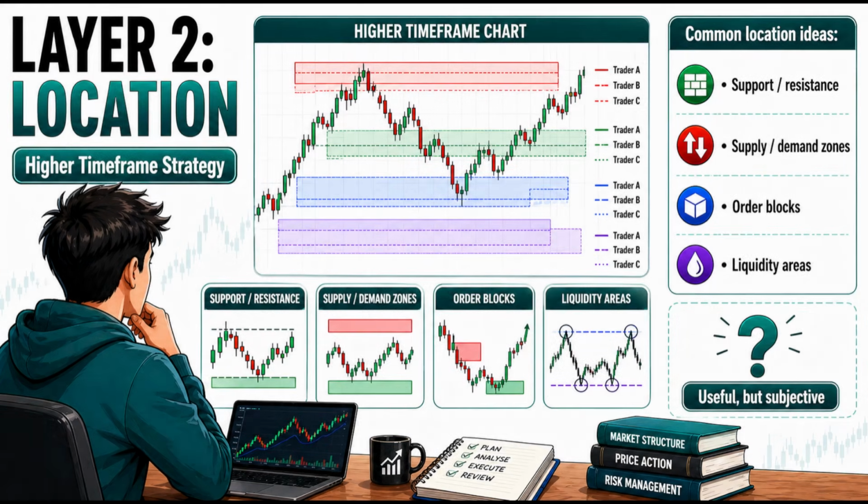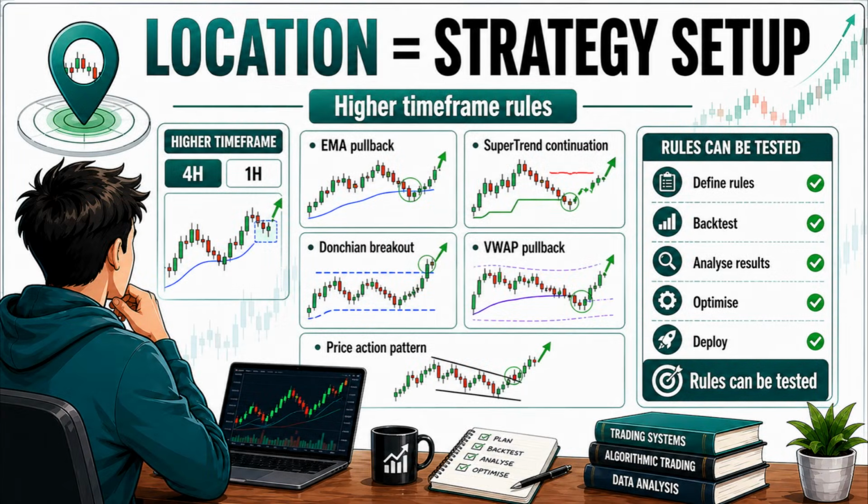In DLT 2.0, location is defined in a more systematic way. Instead of focusing only on zones, location can be defined by a higher timeframe strategy setup. For example, a trader might analyze the market on a 4-hour or 1-hour chart and apply a specific strategy. Examples might include an EMA pullback structure, a supertrend continuation pattern, a Donchian breakout structure, a VWAP pullback, or certain